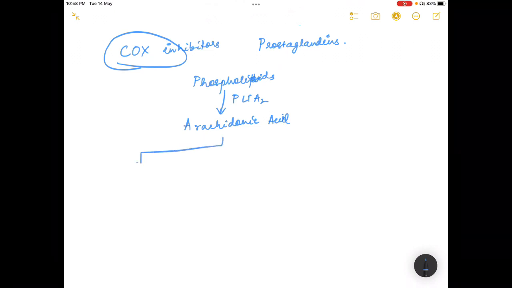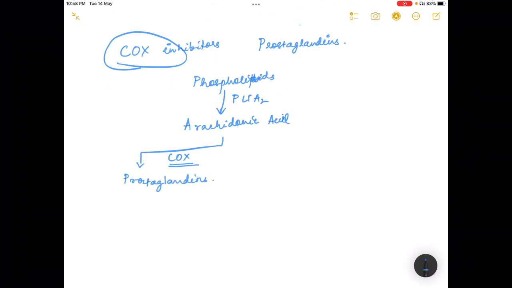Then this arachidonic acid, by the action of enzyme cyclooxygenase, gets converted into prostaglandins. Yes or no? So the steroids, they inhibit this phospholipase A2, and the non-steroidal anti-inflammatory drugs, they inhibit the